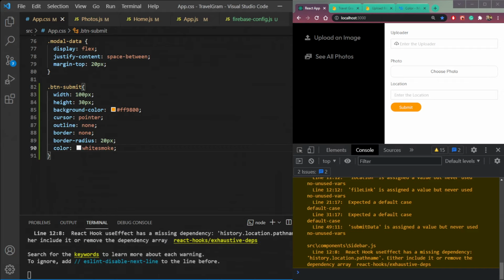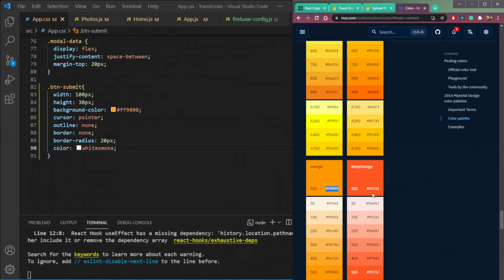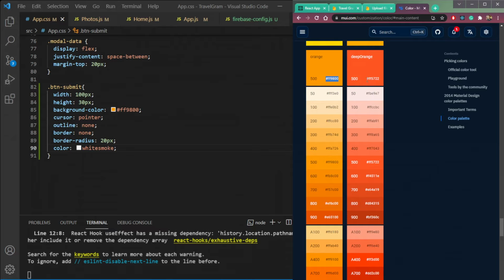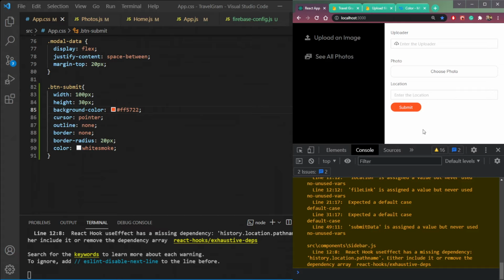But this orange is too light. So select dark color. So let's make it this deep orange. So it's fine now. Let's change the border radius to 10px only, not 20. And let's make some red border around. So 1px solid and the same color. So it's fine now. We have our submit button here.